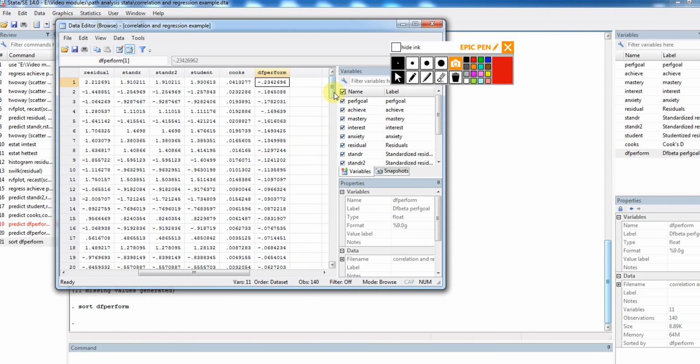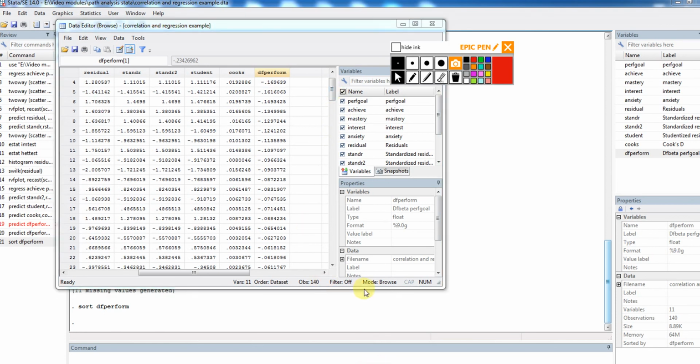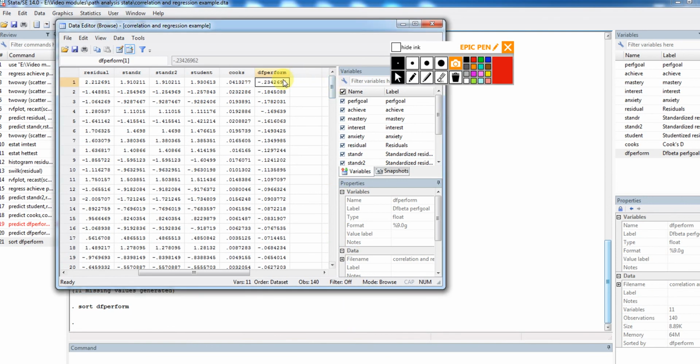So you can see right here that this case, this case, and this case are possible influential observations. This one is the most highly influential, followed by these two right here. This is actually a fairly borderline case right here, whereas these two are much more substantial. If we look on the positive side,